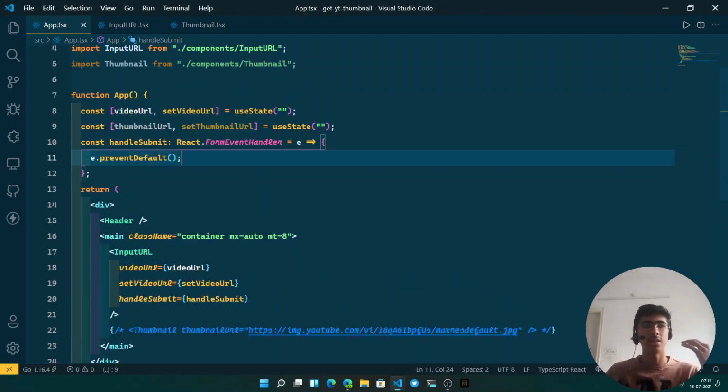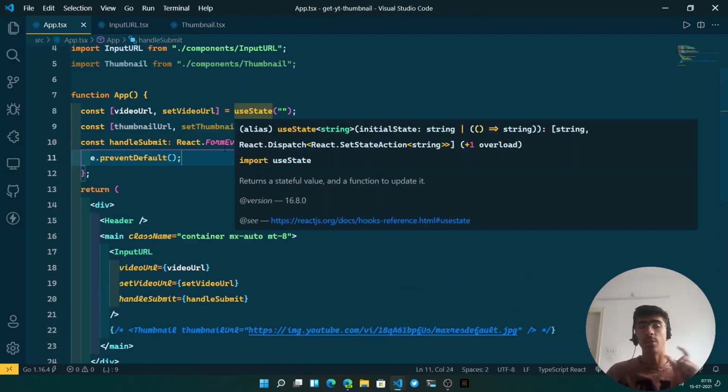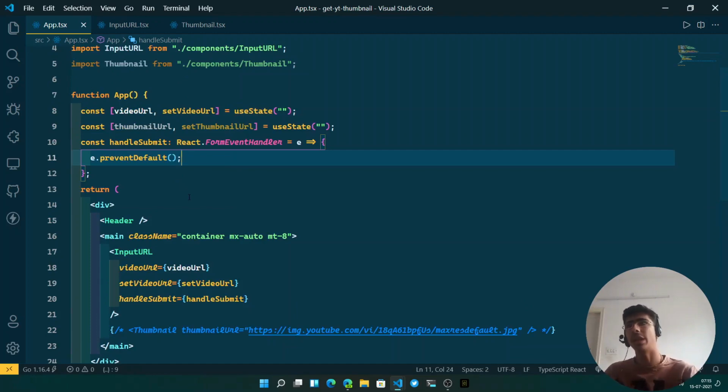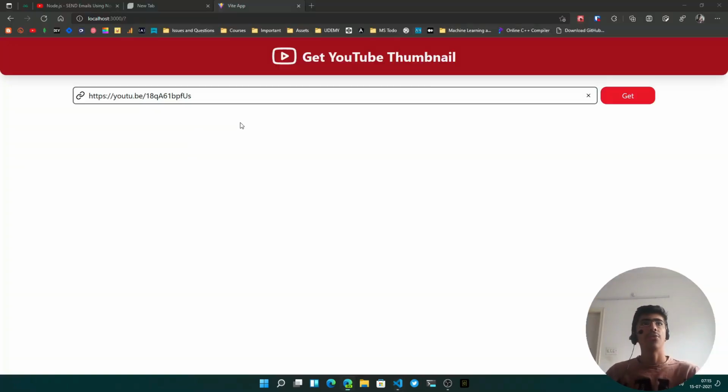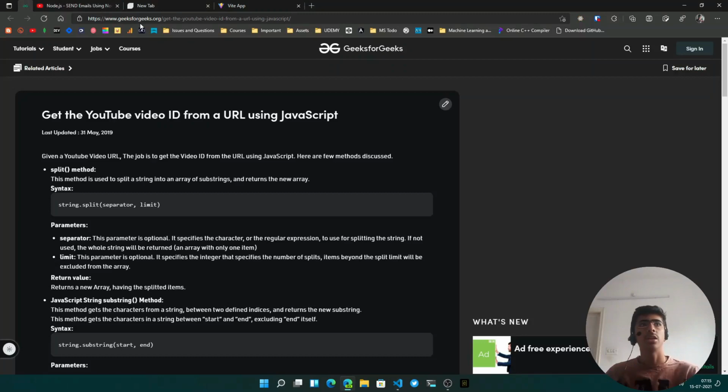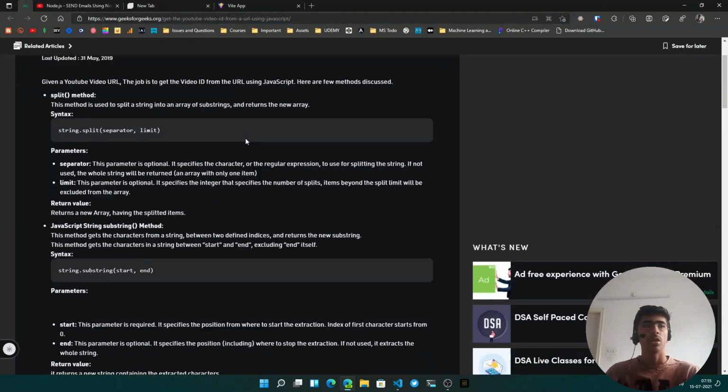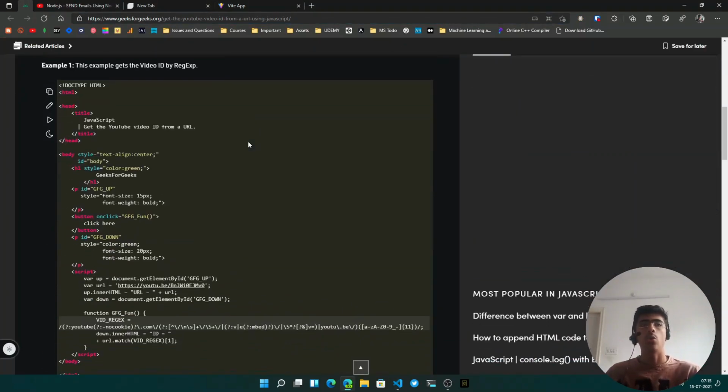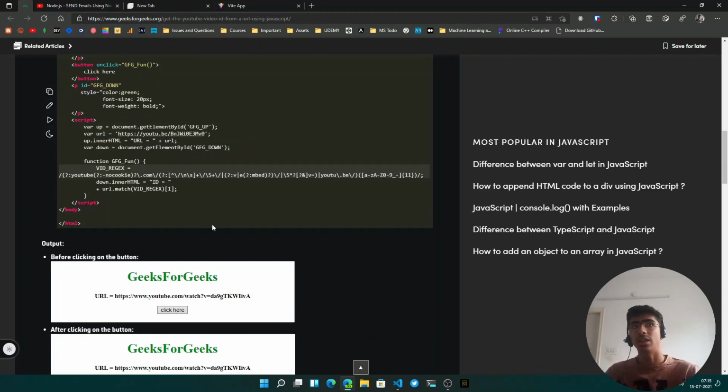And now let's get the ID from the URL. How do we get that? I found a really nice article on geeksforgeeks.org where they show you how to actually get it. Now this is by the regular expression. So you see this long regular expression, you can use it and it will basically get the ID for you